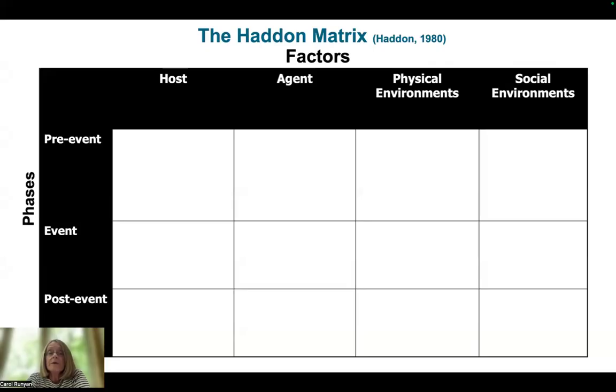The rows refer to the point at which interventions have their effect. Is it at the time of the event? They're in the middle to prevent injuries from occurring when a potentially injury-producing event occurs, or are they interventions pre-event that keep this event from happening in the first place? Or are they interventions at the post-event phase that minimize the damage that may occur once the event happens. So let me go through an example with you to make this a little clearer.